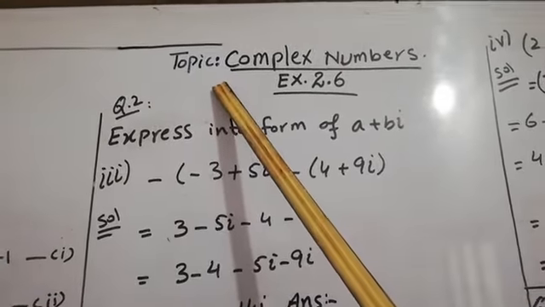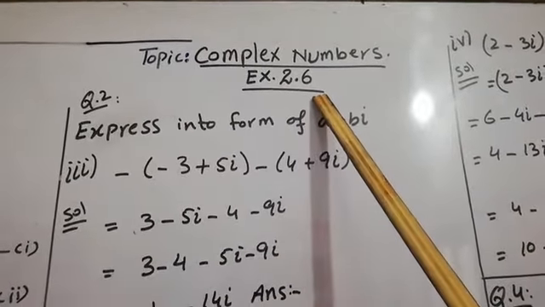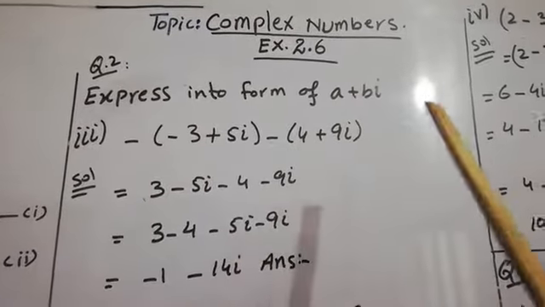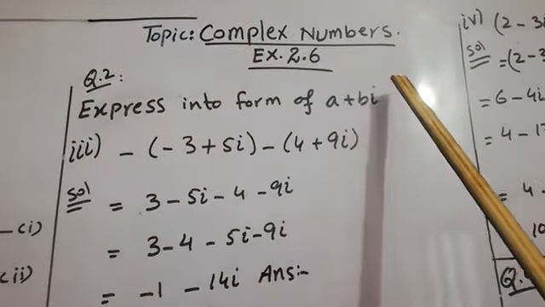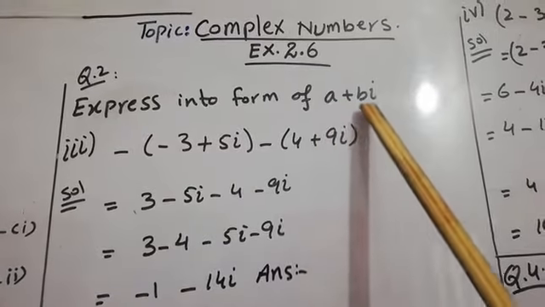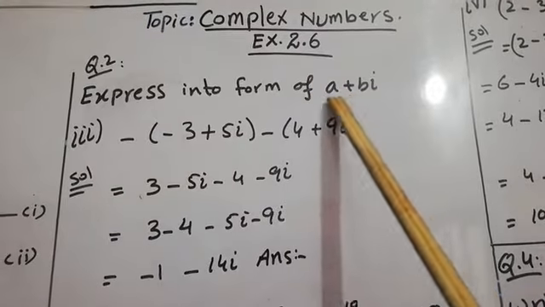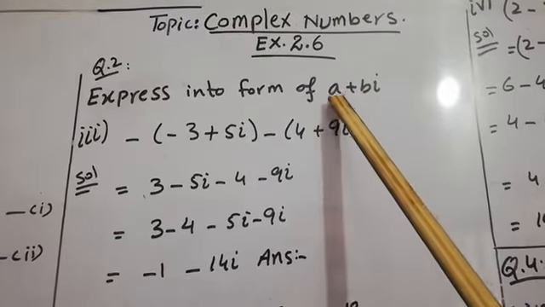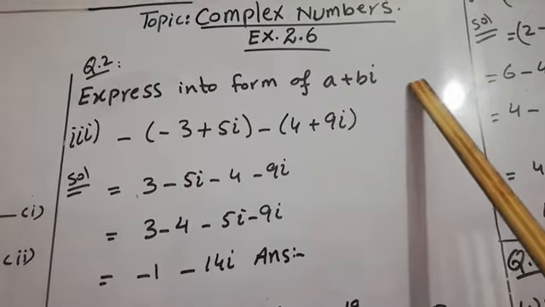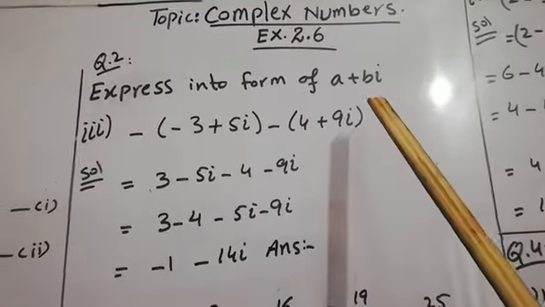How are you? Dear students, today we will discuss the complex numbers of exercise 2.6 from the Punjab Textbook Board, Bahawalpur. Dear ninth class, in our previous video we discussed complex numbers: the numbers written in the form a plus b iota are known as complex numbers, where a and b are real values, a is the real part and b is the imaginary part, and iota equals the square root of minus 1.